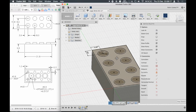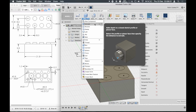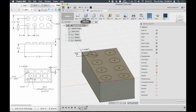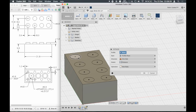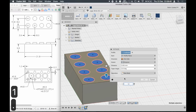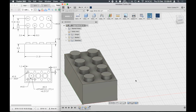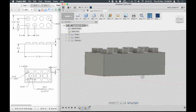Looking good so far. Next thing we'll do is create an extrusion. So again, get into Create, select Extrude, and then select the profiles that we just created. And we can see in the measurements they have a height of 1.8 millimeters, and that's exactly what we will put in. So alright, flip it over,